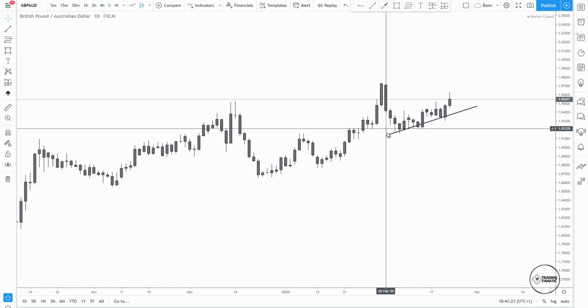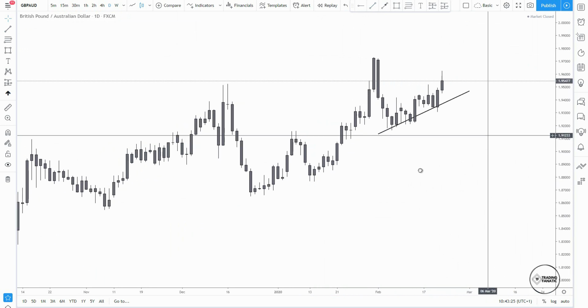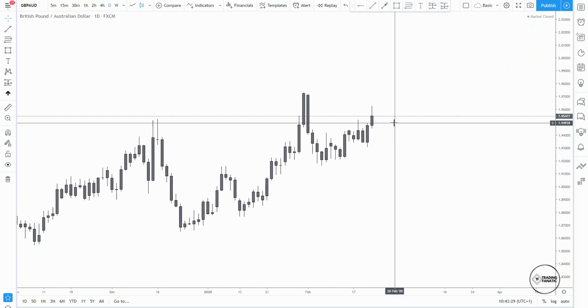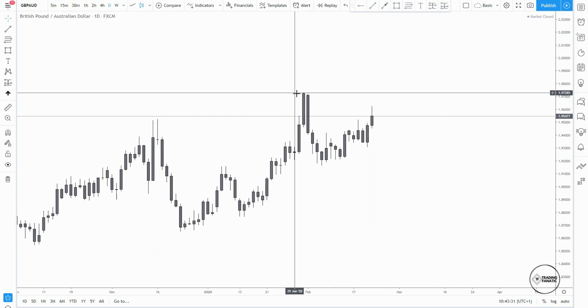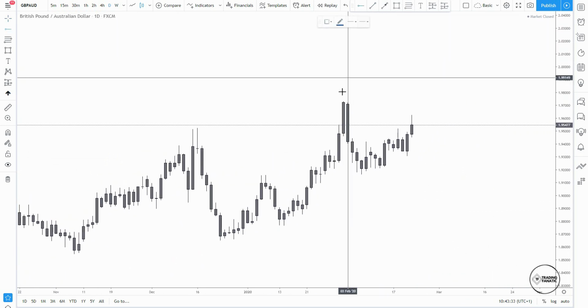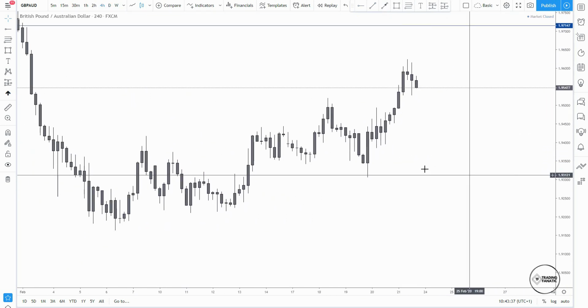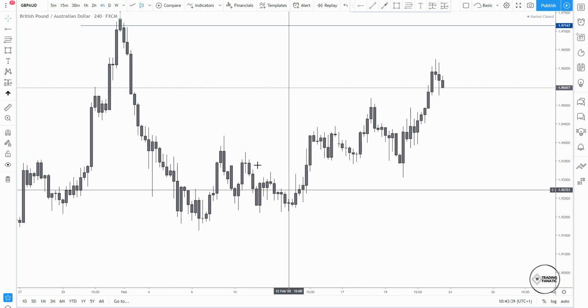Pretty interesting to see. Daily time frame as well. Price is still to the upside. The last daily candle was a little bit of a rejection. Hard to find key areas except from the top, which is right here. So if I go back to my main time frame, the 4-hourly, what we had was jumping from one consolidation